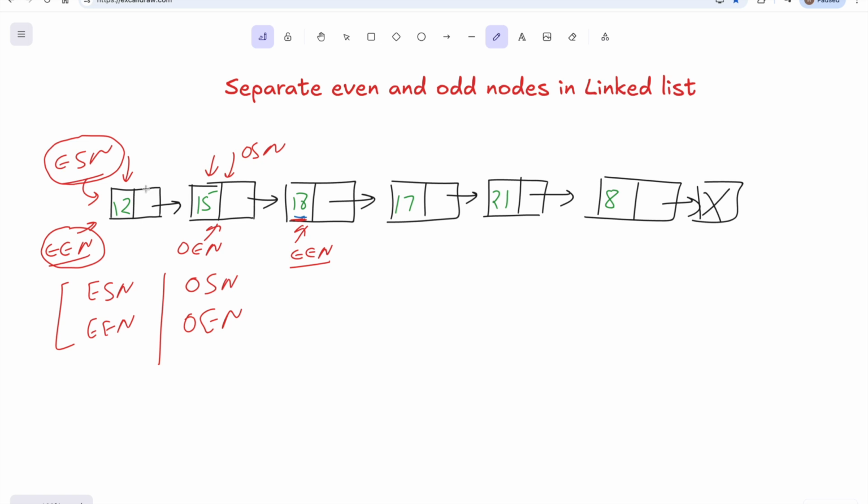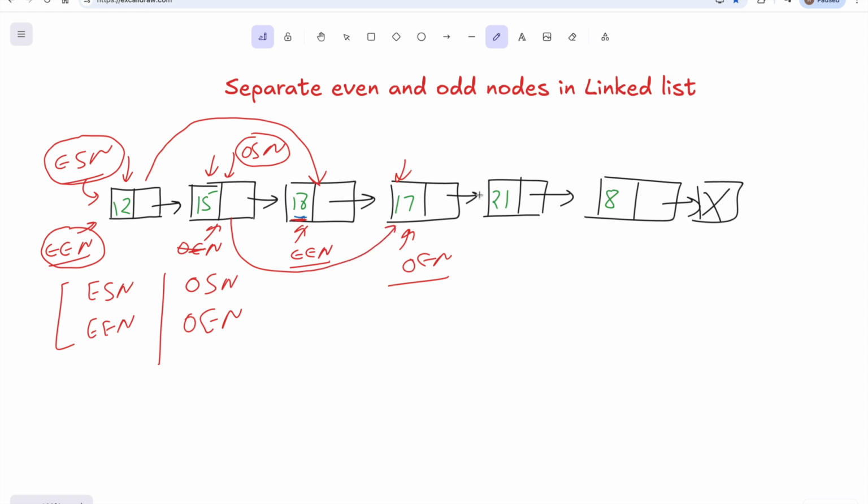And we will be establishing a link to our even list as well, like the start node will be keeping track of the starting of the even linked list, and the end node will keep on moving and keep on attaching the nodes. So this will be your even end node, then we'll be moving to this particular node. The odd starting node is here, but as this is an odd element, we will be moving the odd end node here. Then we'll be just defining the link between these elements.